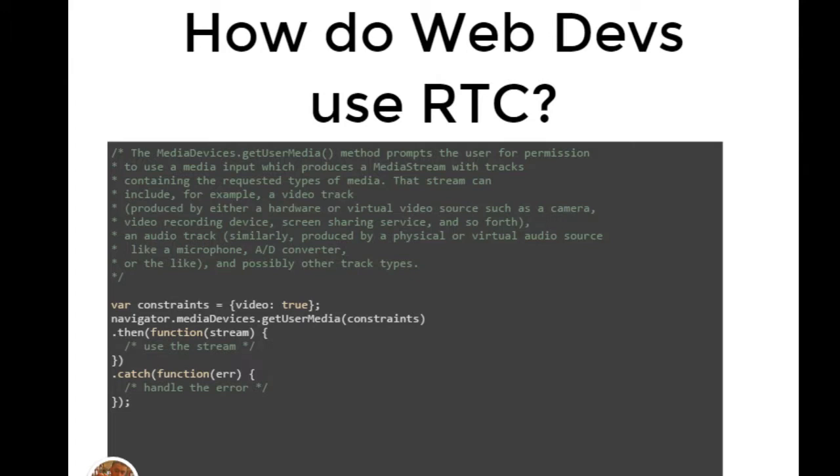So if this was like a SoundCloud clone or something like that, you might say only audio, and then handle accordingly. And then, of course, catch your errors and say, hey, you can't do it in this browser, and here's why. Conversely, video, or in the case of a Skype kind of two-way conferencing application in the browser, you would want both. And that's it. That's really it to get it going.